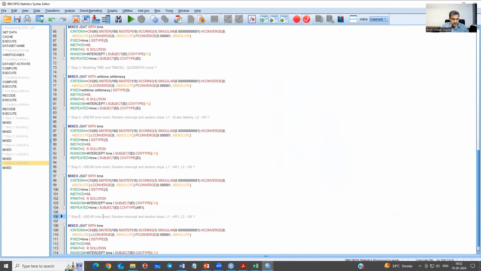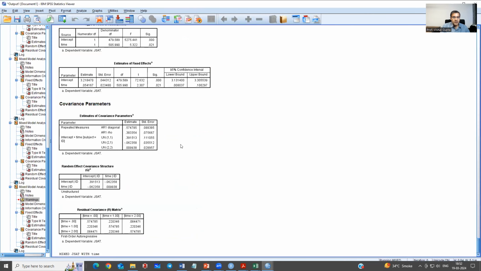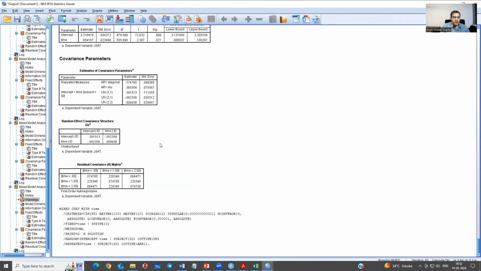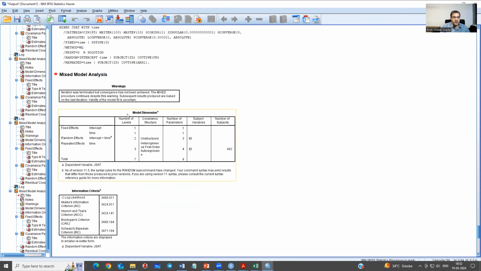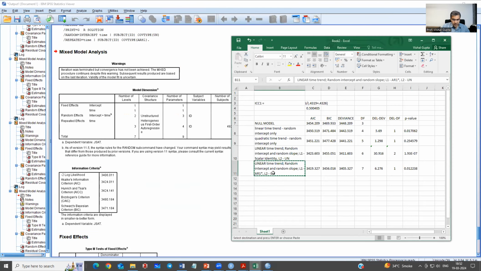Step 6, and I will say ARH1, and I will run this again. This has again found some fit issues. Okay, but I will report the